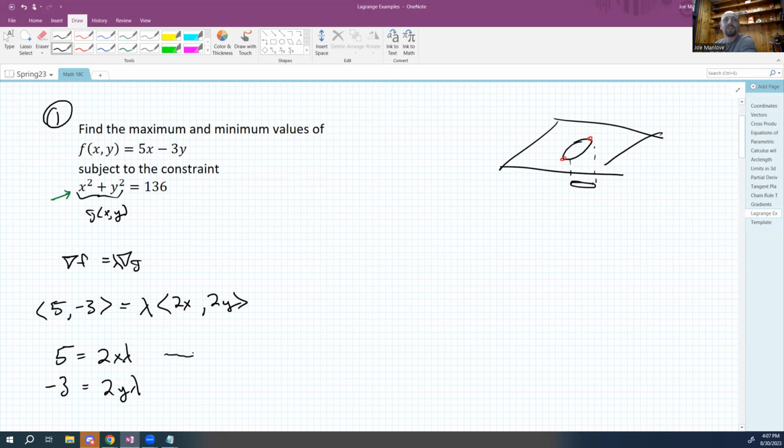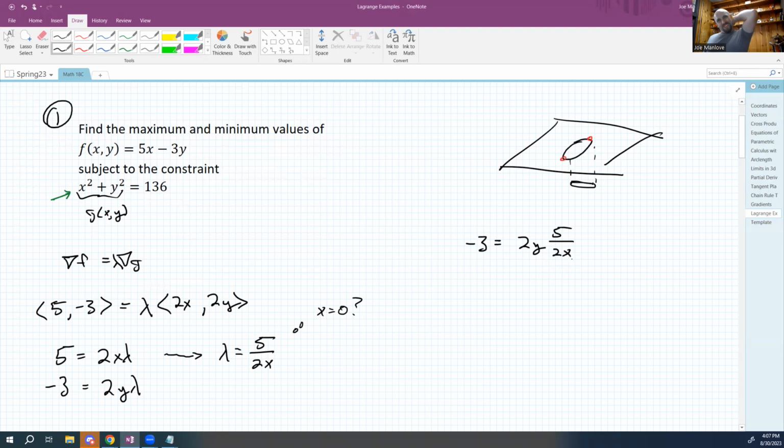So I'm going to say if I solve this one for lambda, that means lambda is 5 over 2x. I should worry right now, what if x is 0? I'm also going to solve the other one for lambda. So that, what the hell, we'll just plug it in. I'm going to take this and plug it in for lambda in there. So I'm going to get -3 is 2y times 5 over 2x. Now I'm going to say,